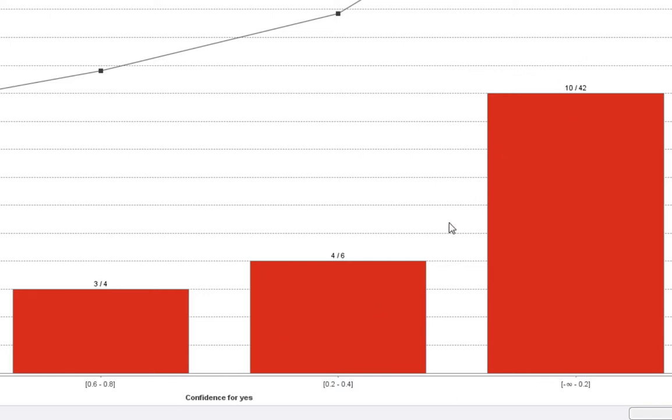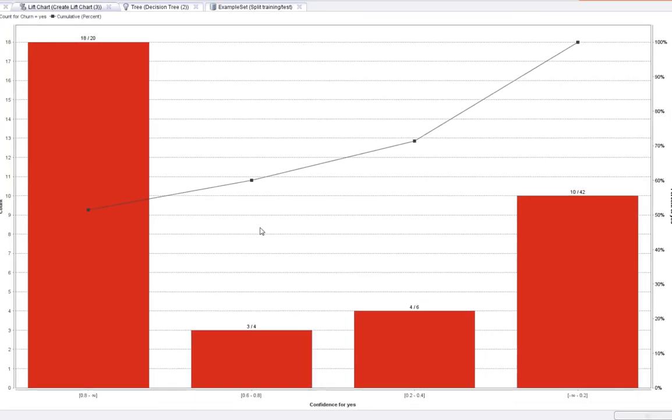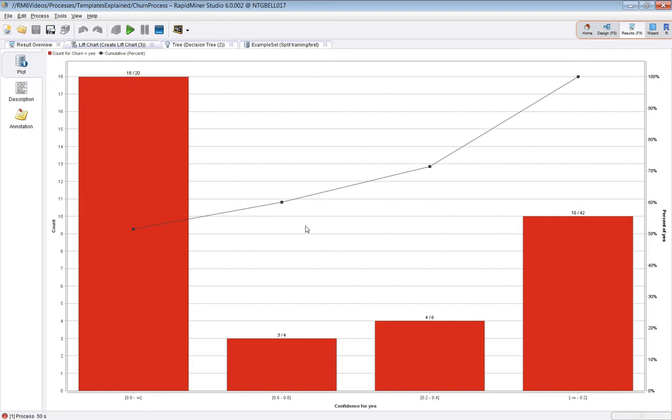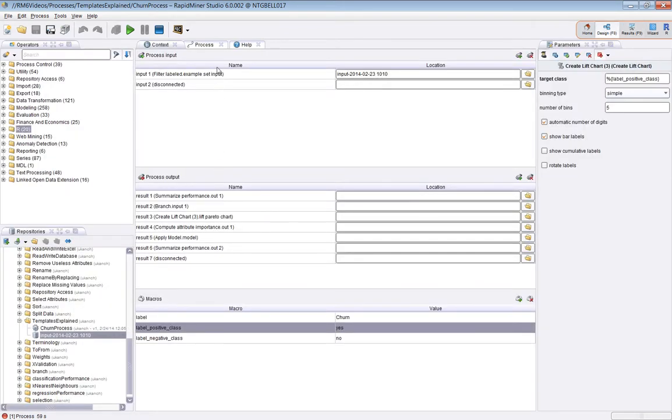reasonable degrees of success, but basically when it's confident it gets it quite right, when it's not so confident it gets it wrong to a greater or lesser extent. But this gives you a sense, really, this lift chart, as to how well the model is performing. So if we go back to the design view,